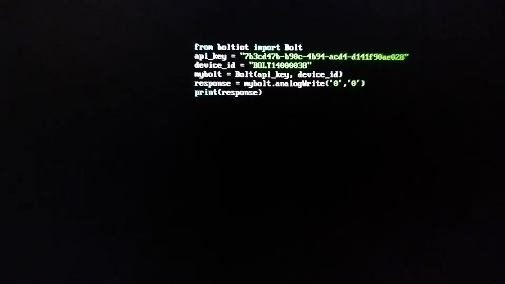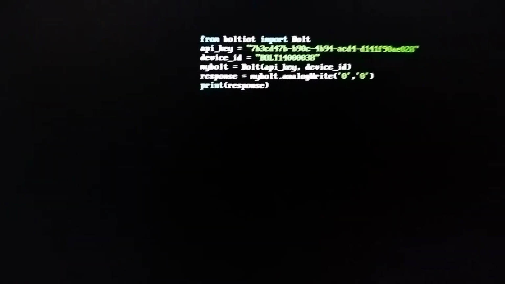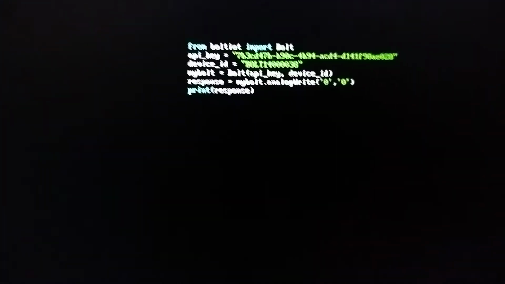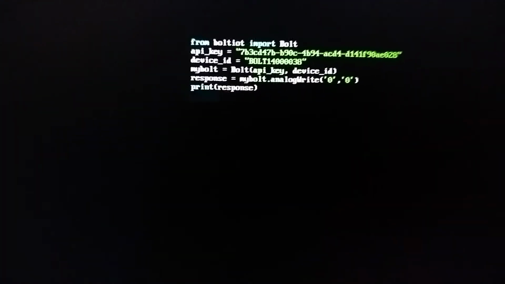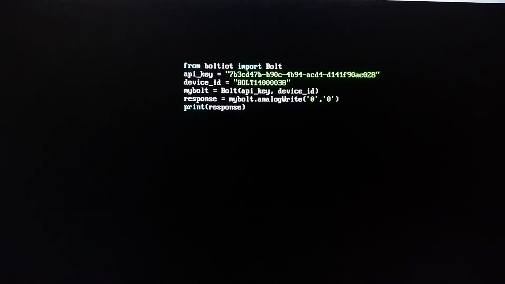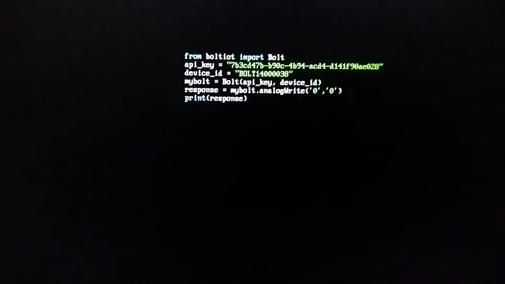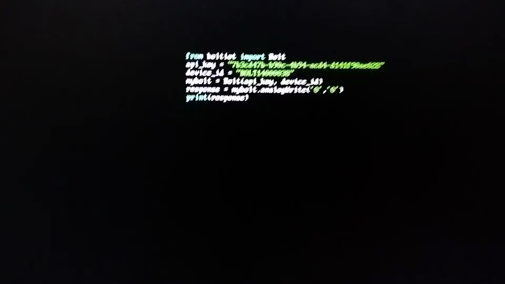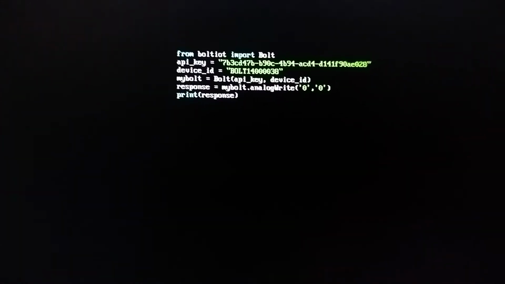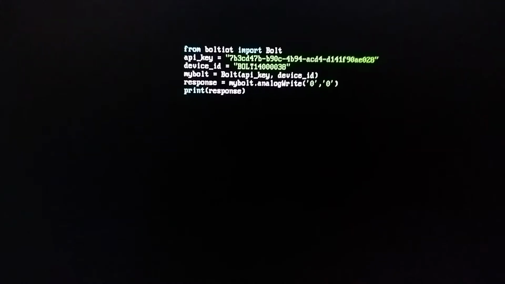The first one is the pin number and the second one is the value, that is the state, or in this example we can call it the intensity. For analog, it is not just on and off; we use values from 0 to 250, where 0 is the minimum, that is the off state, and 250 is the maximum, that is the maximum brightness, or intensity, we can see. And then we are printing the response.